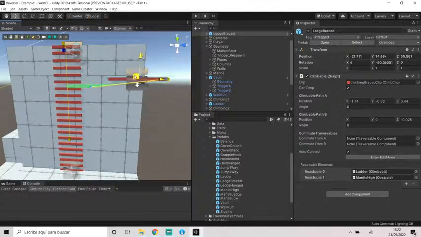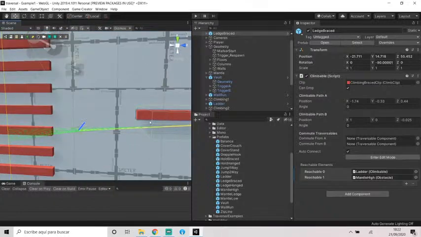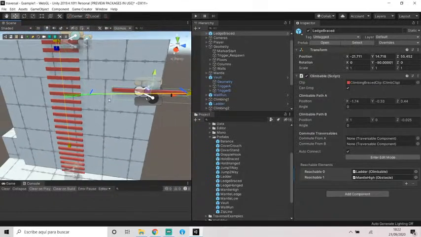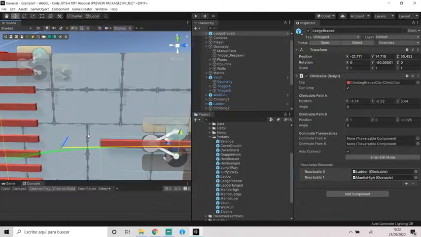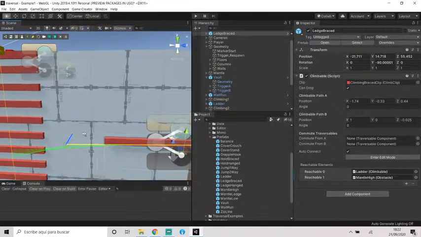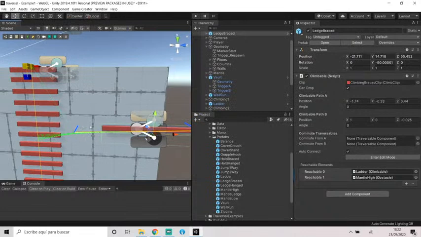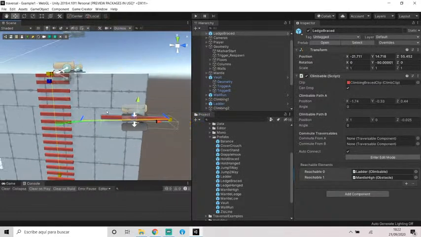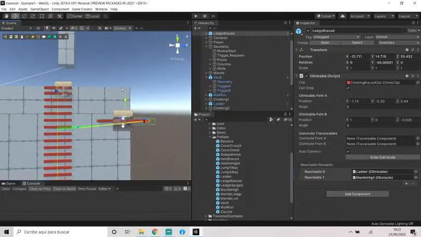This means that the character won't be able to jump from here to here. So if I go here, the character will jump from here to here and will also be able to jump from here to here. This offset is because I modified the prefab before, and I should have pressed Ctrl Z once more in order to move this position to here. I'll fix that later. So basically how you build your levels is just dropping in your prefabs, moving them around, and allowing them to auto-connect